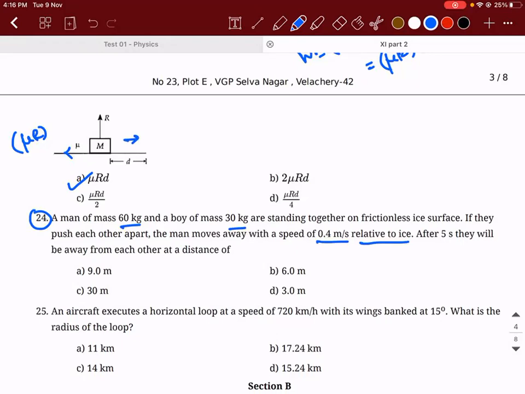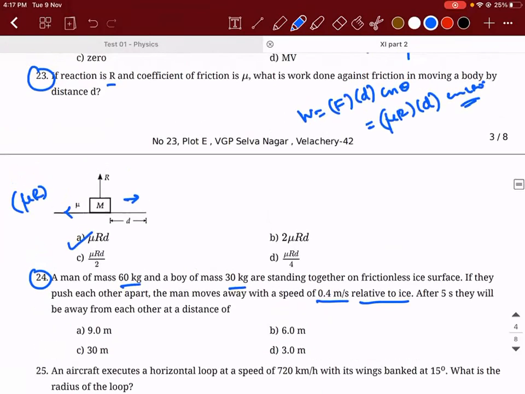How to solve this? Sir, in the last question, we are not taking mg into consideration, sir. No, see, you can take that. This is also right. Mu mg into d is also right, but the options are not there. See, generally frictional force is mu into R. That is more appropriate for me, not mg. So that is why they gave all the options in terms of reaction. Try to understand that. Sir, won't the reaction force and mg cancel out? In this case, no, they won't get cancelled out because R is equal to mg.